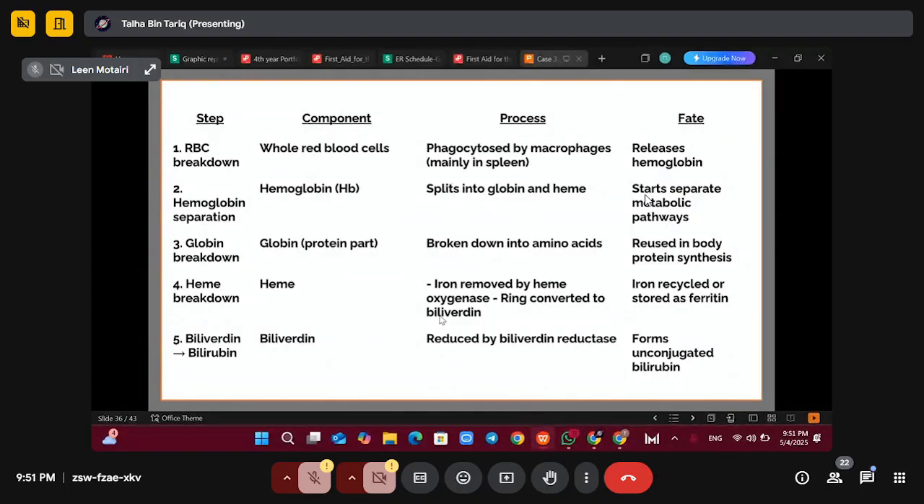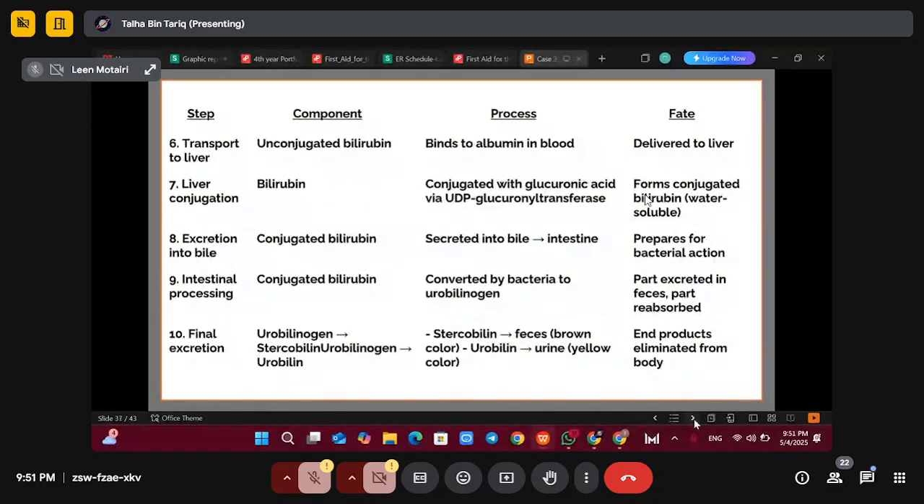Then the ring portion, which was converted into biliverdin, this biliverdin is converted into bilirubin. This is where the bilirubin is coming from. Where is the bilirubin coming from? The biliverdin is converted into bilirubin by biliverdin reductase, and this forms the unconjugated bilirubin. Now, once you have the unconjugated bilirubin,